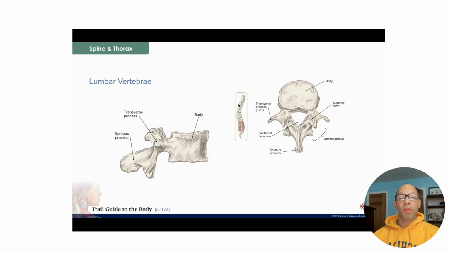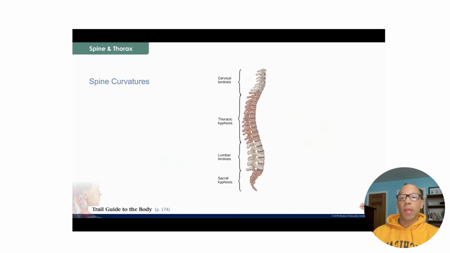Then we have our lumbar vertebrae. So we're moving down. These are the largest of our vertebrae because they have to provide support for the whole upper half of the body. They don't move much at all. The parts protruding from them hit the protruding parts of the vertebrae above and below, so they just don't allow that much movement. But they're strong, thick, and have a lot of stability and support. There are 5 of those. So we had 7 cervical, 12 thoracic, 5 lumbar vertebrae, and now we go down into